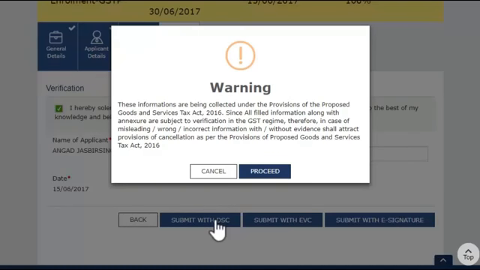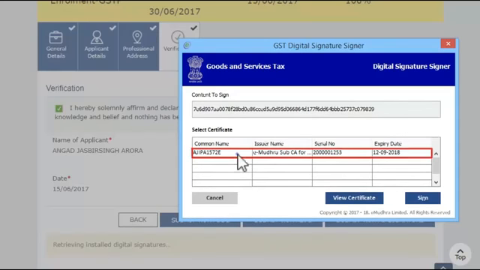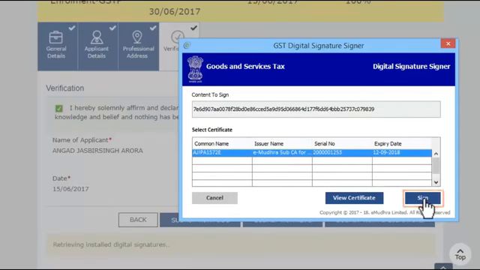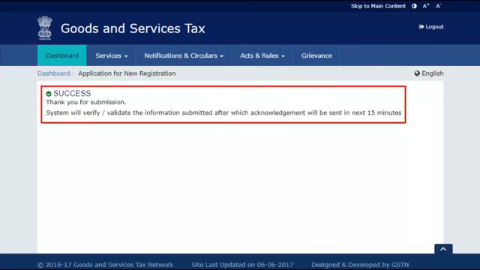Agree to the warning message, which says that all your furnished information is subject to verification and scrutiny. Upon successfully submitting Part B of the registration application, an Acknowledgement Reference Number ARN will be sent on your mobile phone number and email address.